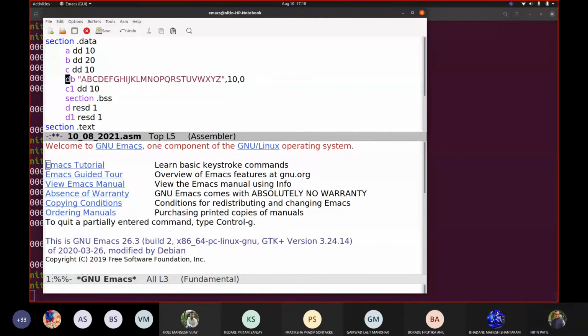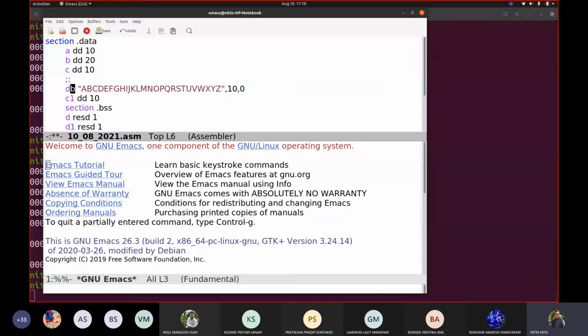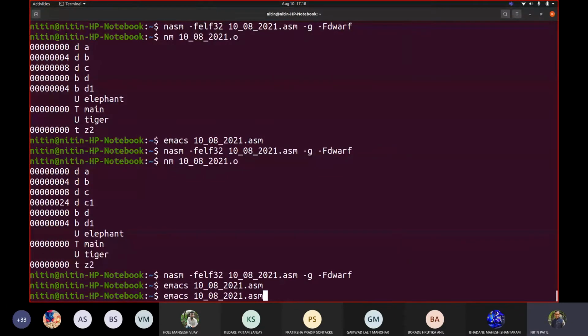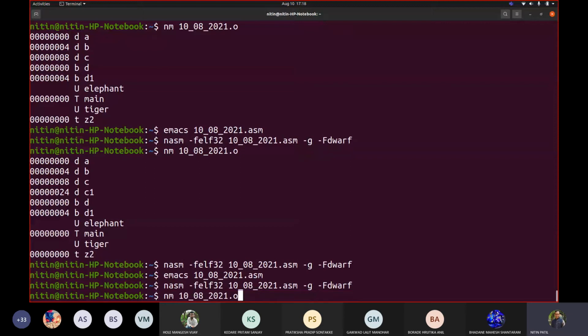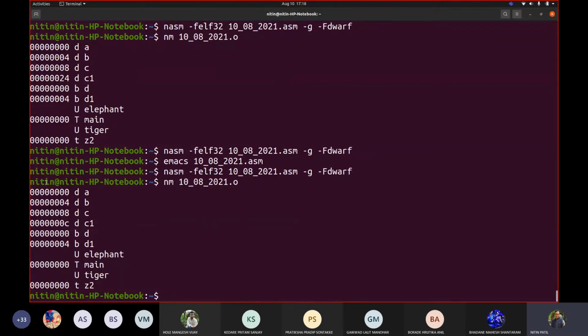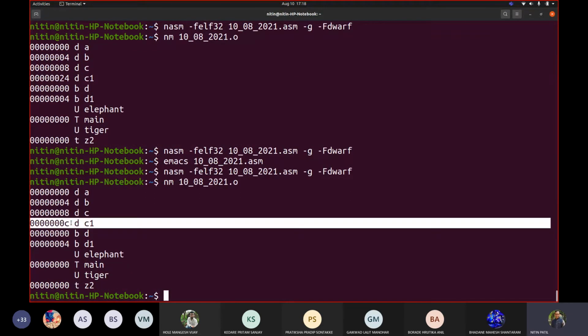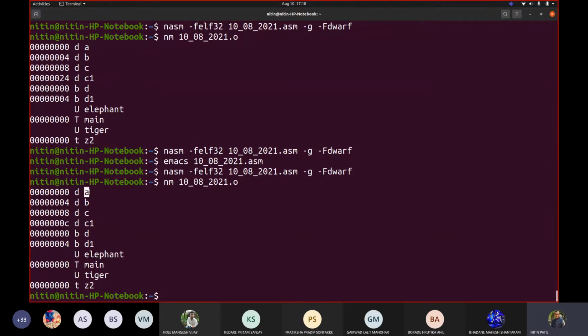So if I say DD 10 again, then let me add a comment. Now you will be saying that 8, 9, A, B, so you should see C. Correct. Now you can see that C when we took it as double. While it is computing this, it definitely needs to know what is the size of this label that you have added.